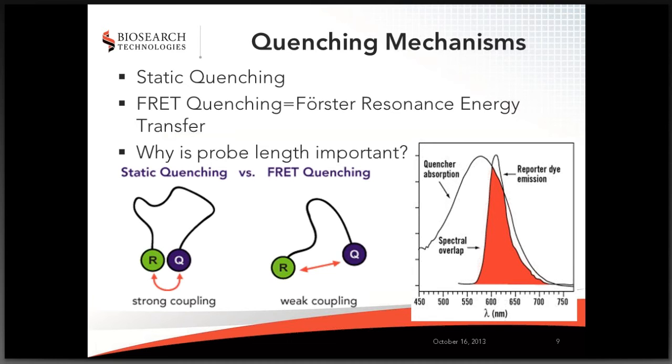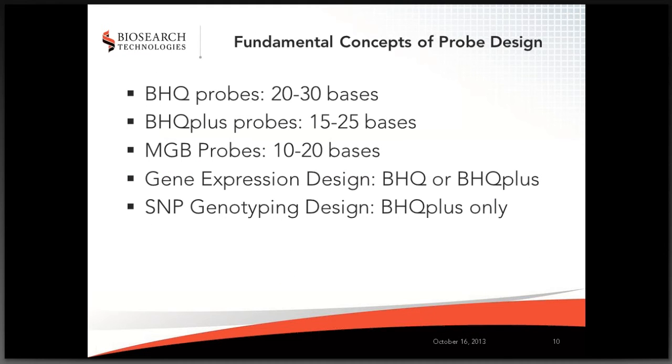So with that being said, with the nature of the business of qPCR, you're going to run into a lot of probe types. We're not going to be able to cover them all. I'm just going to mention a few here. We here at BioSearch offer 2 different probe types, BHQ probes and BHQ Plus probes. I'm going to mention MGB, which stands for minor groove binder probes, only because a lot of times it's associated with our probe types. But one thing you'll notice is that each one has a different range as far as